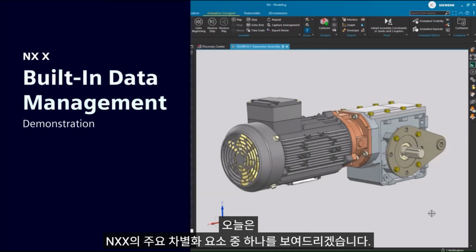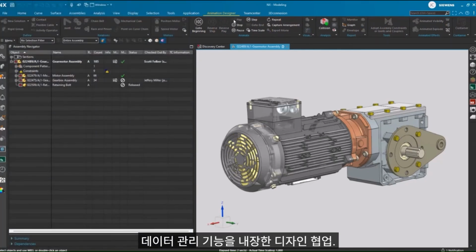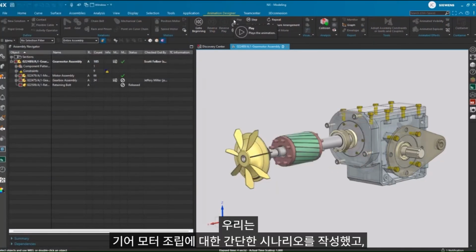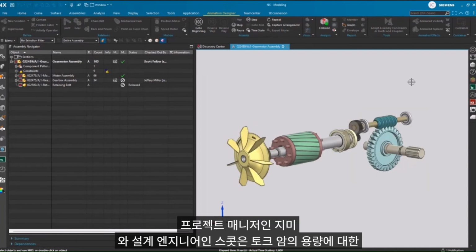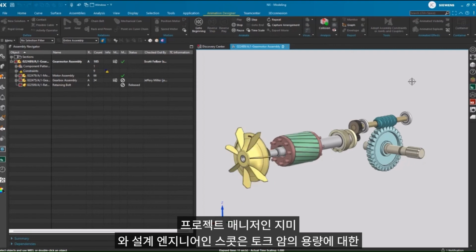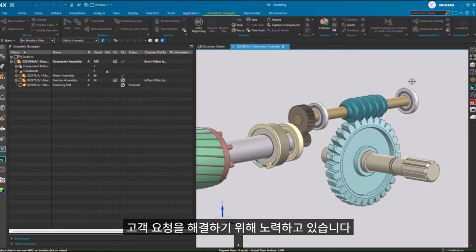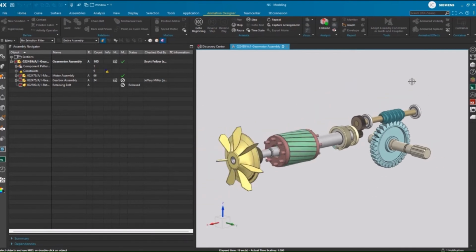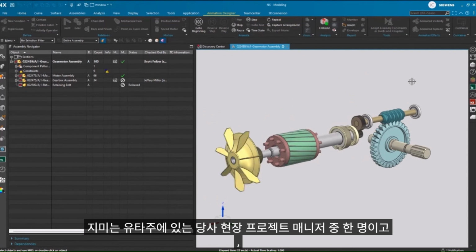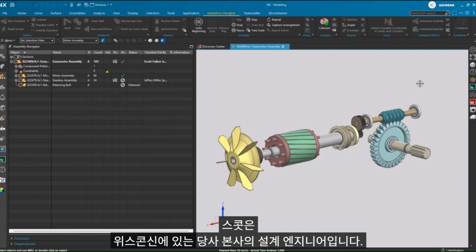We are going to demonstrate one of the key differentiators of NX X, design collaboration with built-in data management. We've put together a quick scenario around a gear motor assembly, and we have both project manager, Jimmy, and design engineer, Scott, working to address a customer request on the capacity of the torque arm. Jimmy is one of our on-site project managers in Utah, and Scott is a design engineer at our corporate office